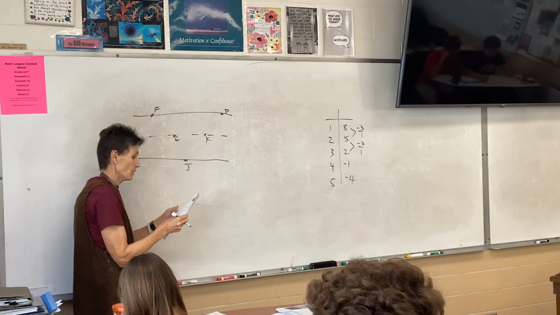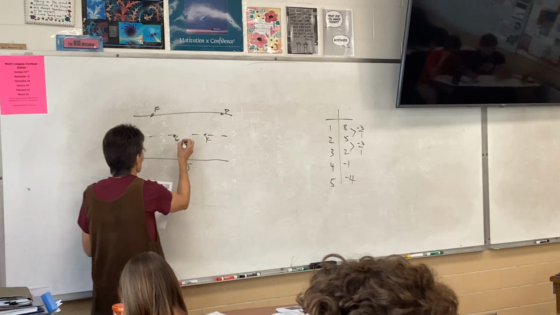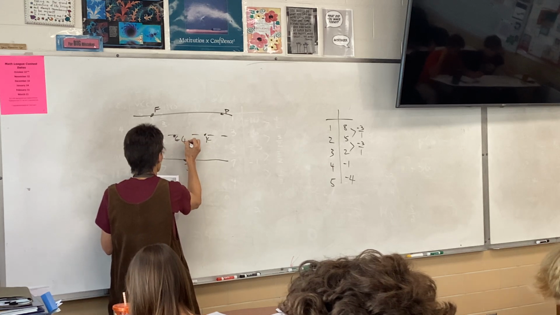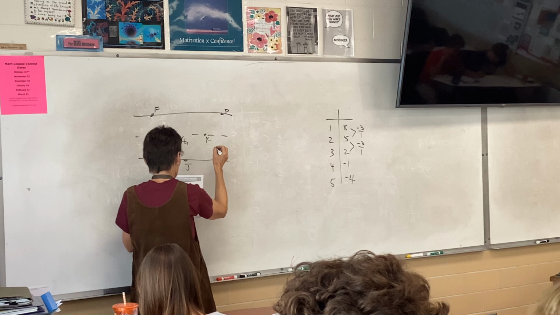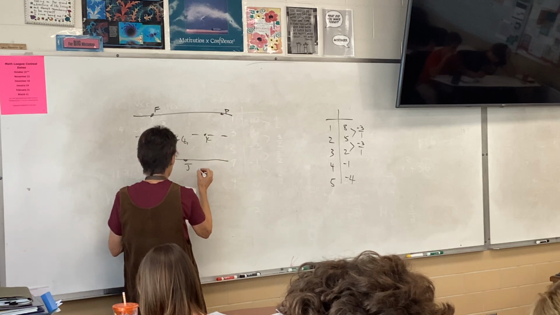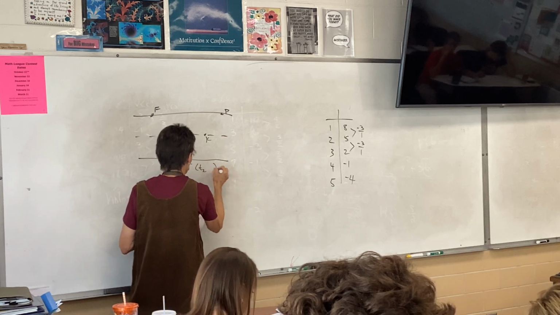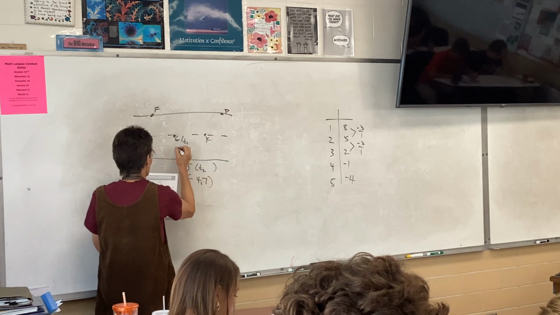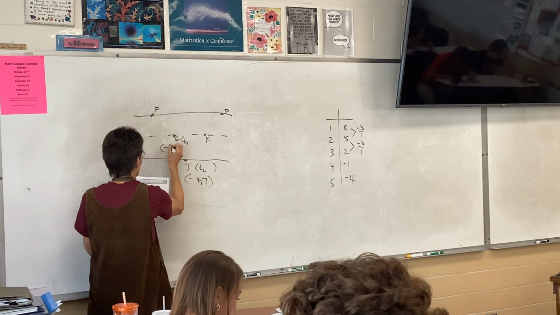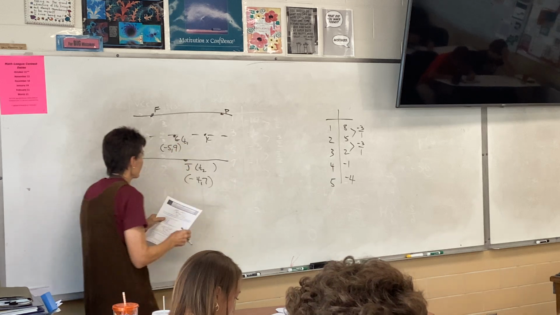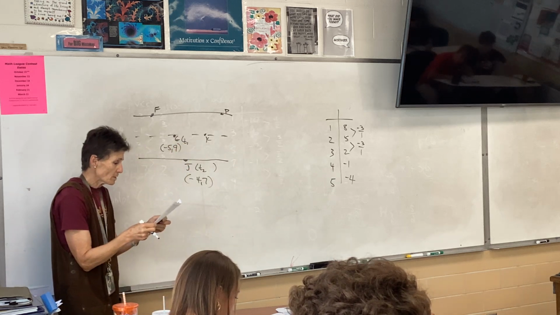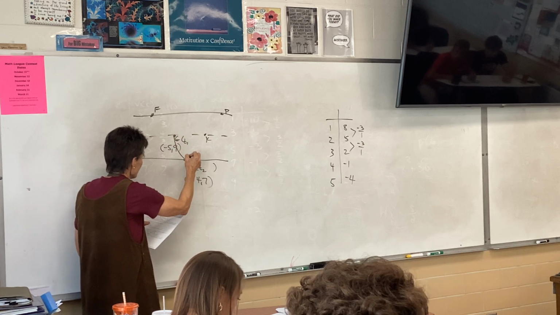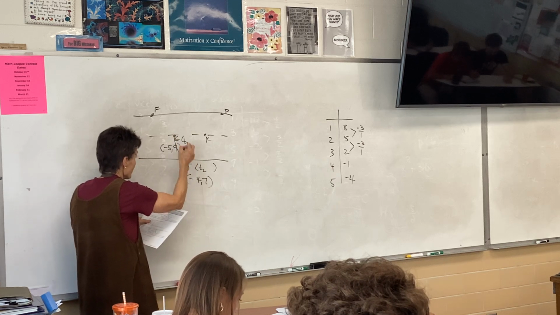The t coordinate of G is t sub 1, and J is t sub 2. Okay, and this is negative 4, 7, and this is negative 5. Okay, so the question is, on the interval from here to here, G to J,